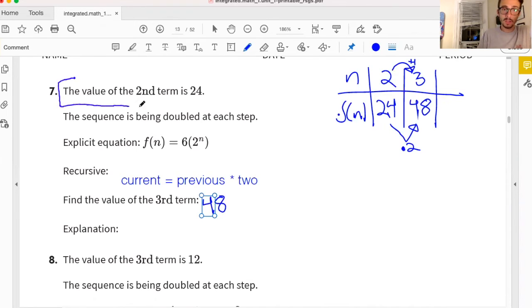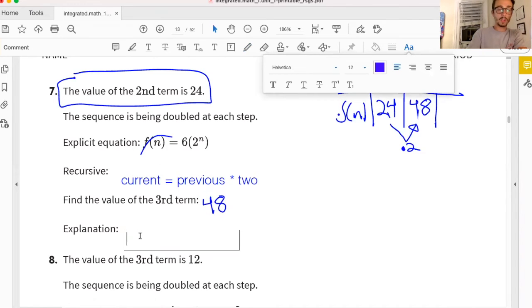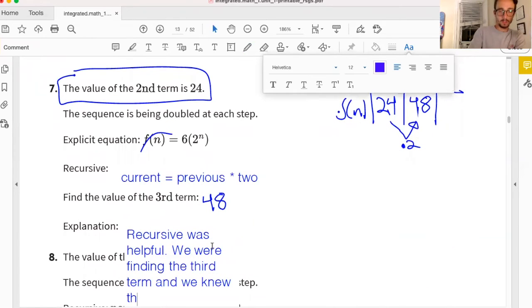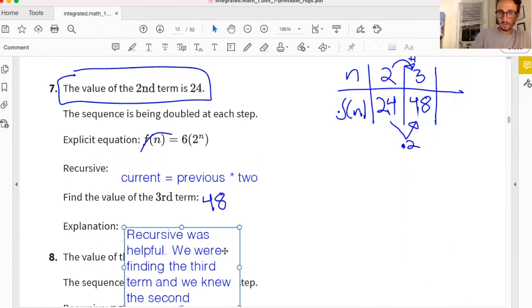Which of these do you think was helpful or better? Knowing that we had the second term and going to the third, or having this equation? What do you think was helpful? The recursive was helpful. And why is that? We were just finding the third term, and we need the second. Does that sound good? Okay. Let's